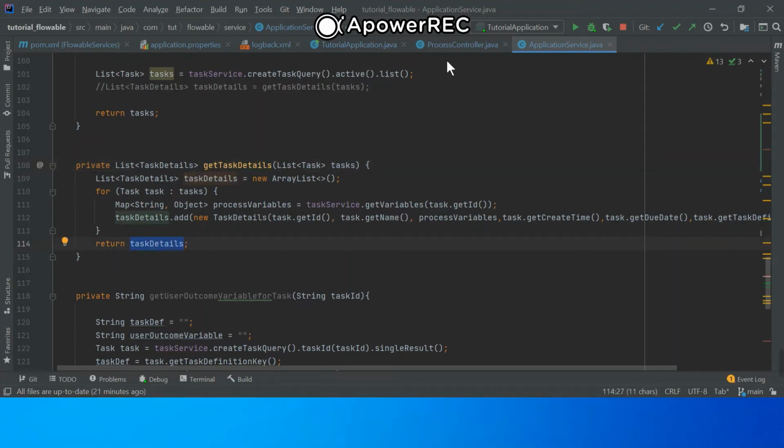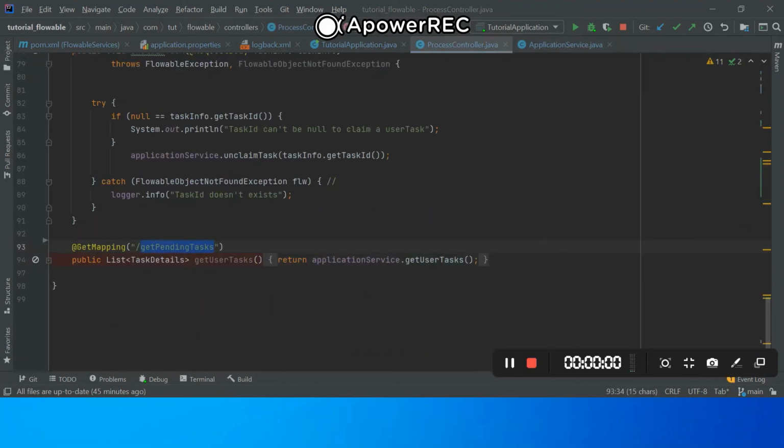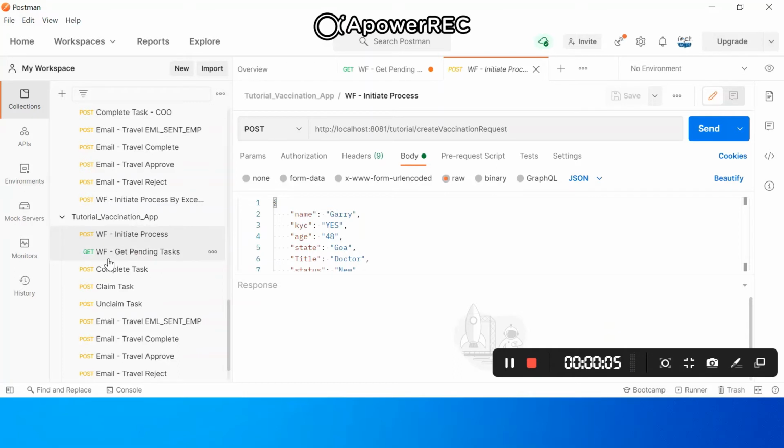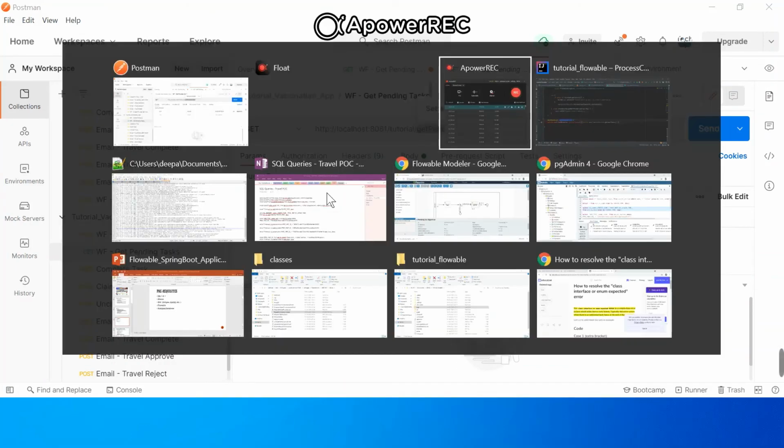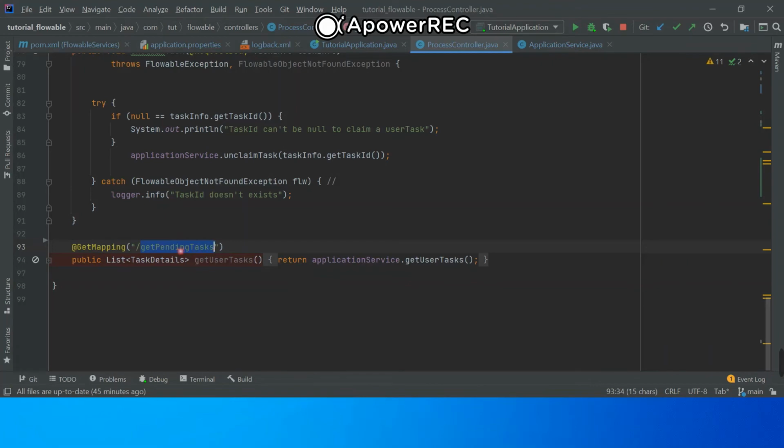For this, again we can use Postman to execute this REST API. Here we have this get pending task, which is pointing to port 8081 for the tutorial context path. We have this REST endpoint get pending task which we have exposed.